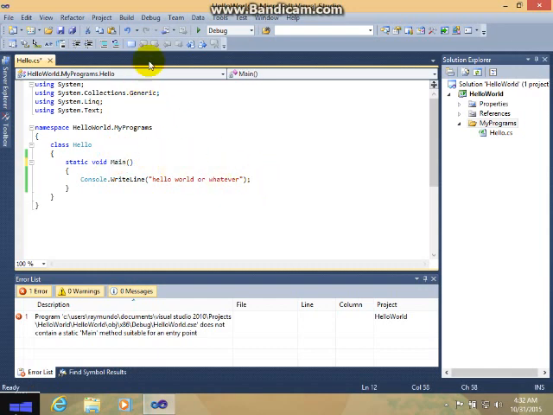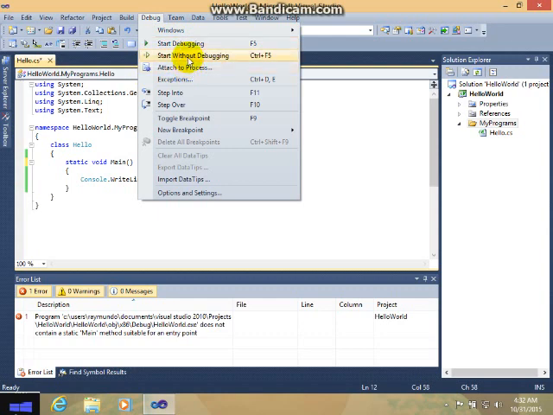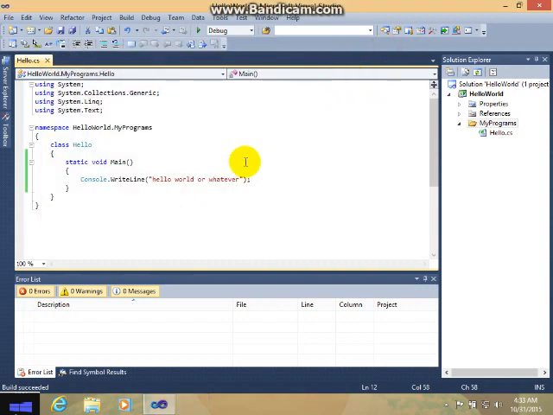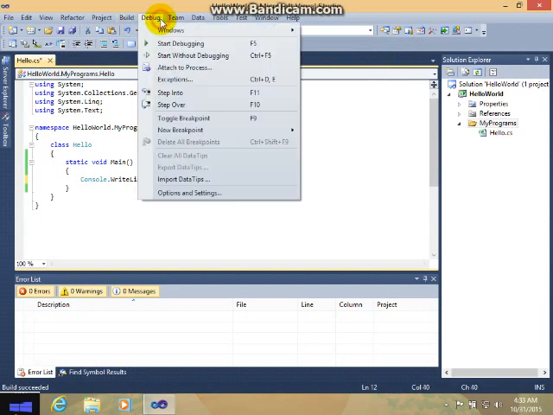Okay, let's test what we got. And here, as you can see, it printed hello world, or whatever. I'm going to type my name in it. As you can see here, just click start without debugging.